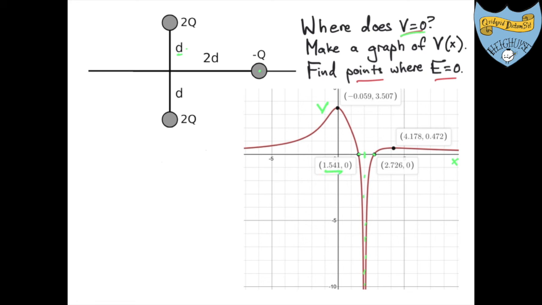So x equals 1.541 is, well, let's see, x equals 1d would be there, 1.5d would be about there. So like hereabouts is that point, right? This point is located right there. That's where we're saying the potential is 0. But there's another one,